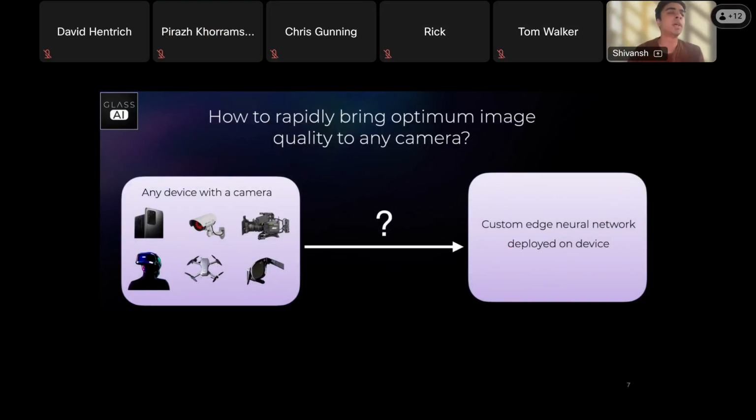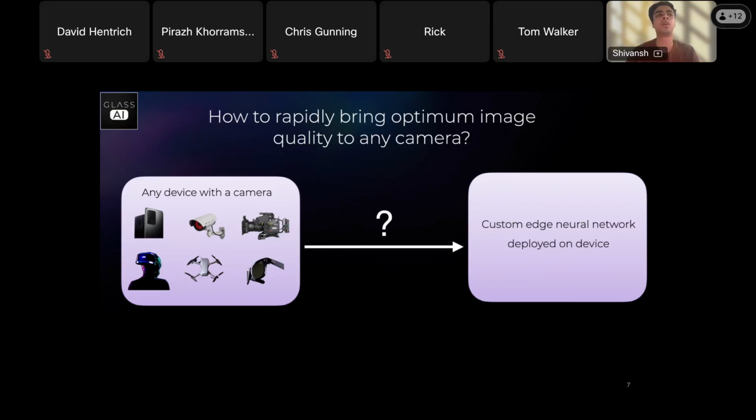Thus, it essentially makes it almost impossible for a small startup or a small firm to afford the current development cycle. Bigger companies like Apple, Google, Huawei can still spend a lot of expenditure on this, but still having different teams for each of these devices, having different traditional ISP approaches reduces their pace, and it also to some extent limits the scalability because we cannot keep building a different pipeline for each of these devices.